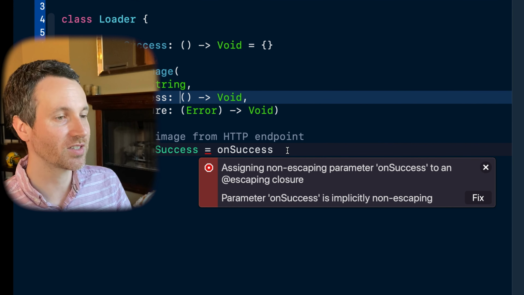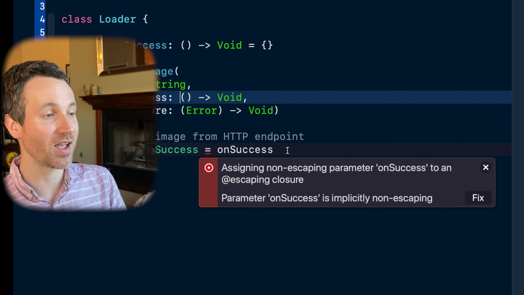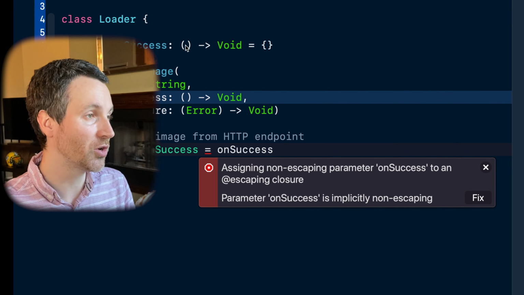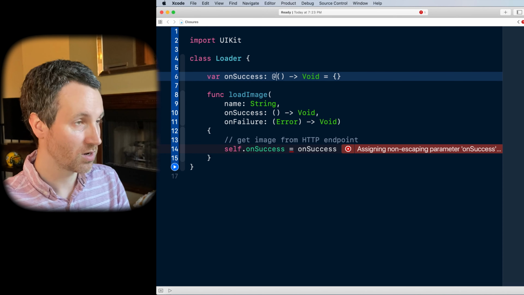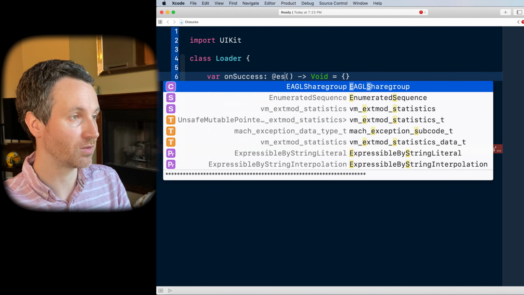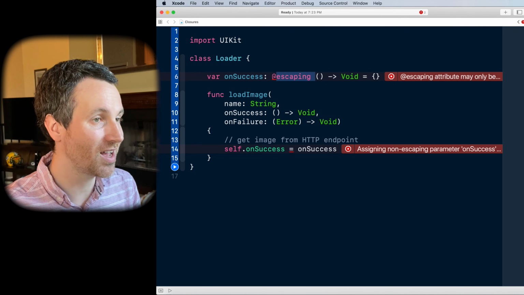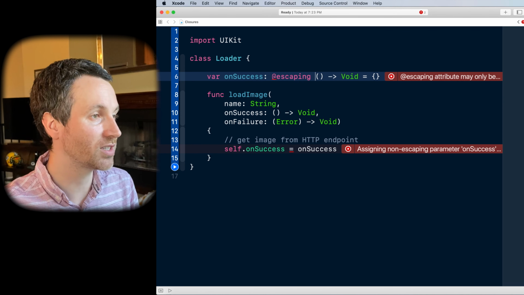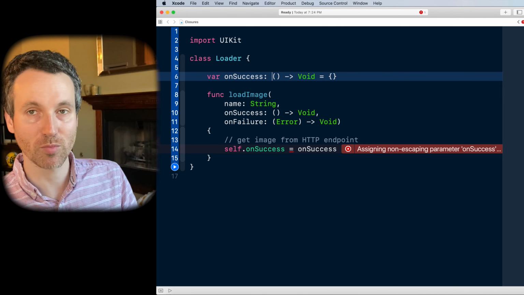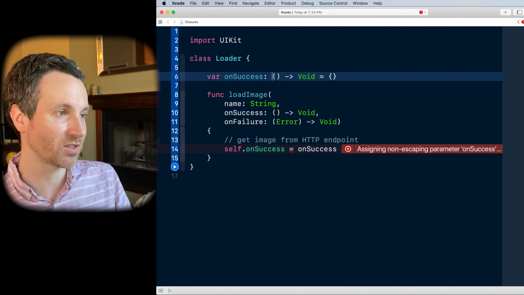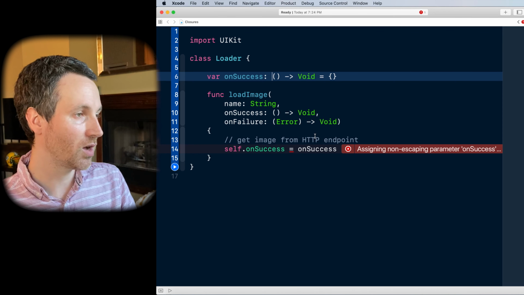So, assigning a non-escaping parameter onSuccess to an escaping closure. Notice there's no escaping up here. We could put that if we wanted to. I guess you could, whatever you want, but it's not necessary. It already knows that it's escaping because it's an instance variable. You're going to hold on to it for some sort of life cycle. So we just put it right here,